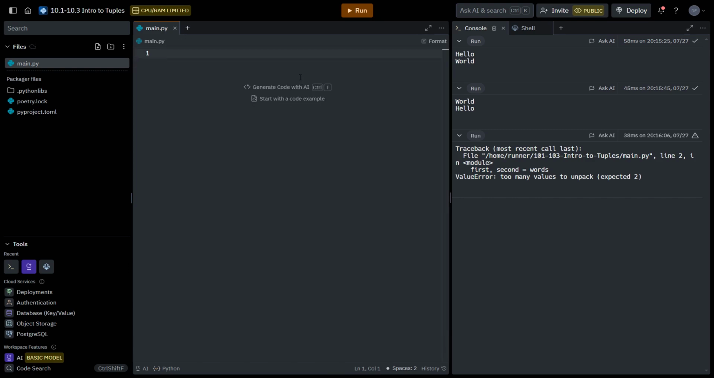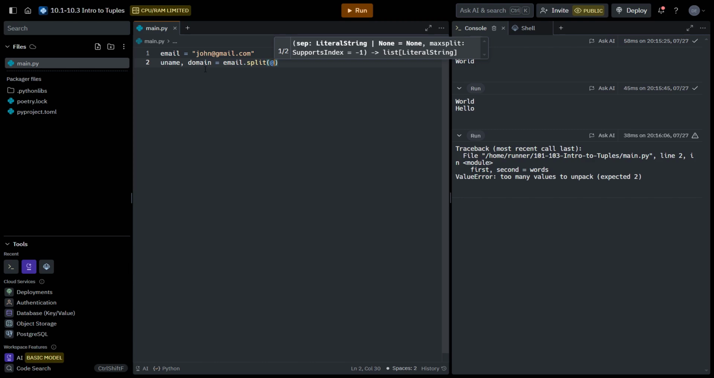So let's look at one way this could be applied. Let's say that I have an email, and that email is like john@gmail.com. I could say that the username, and the domain equals email.split, and I would split it at the @ sign. So now this email.split,